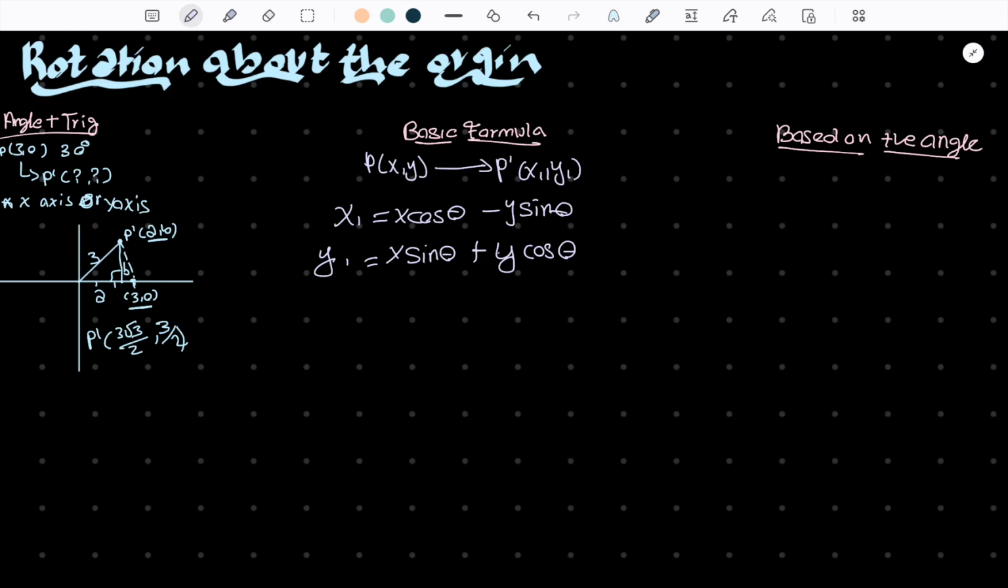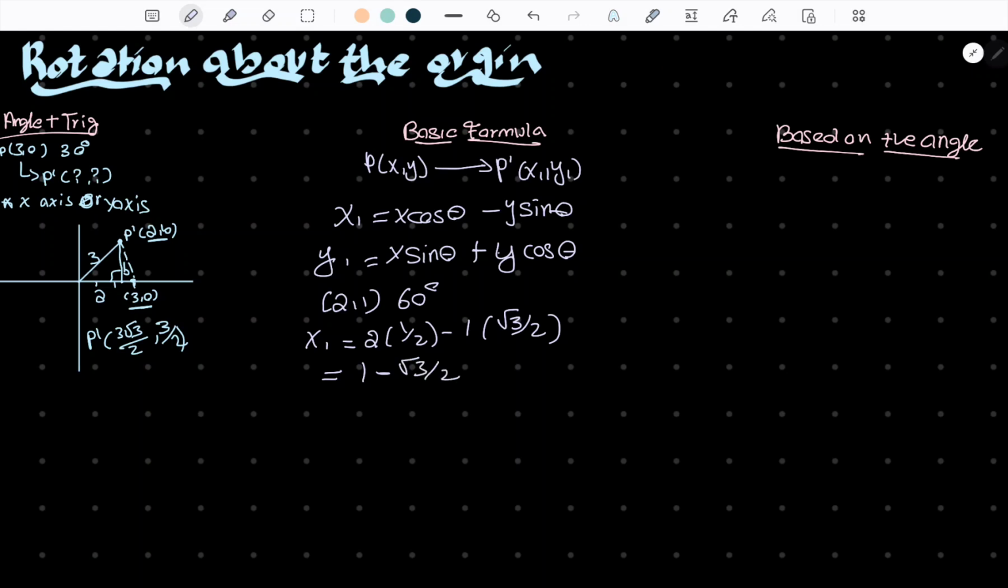So let's use a new example, 2 comma 1, and then our angle is going to be 60 degrees. So first let's find x prime. x prime will be 2 times cos 60, which is 1 over 2, minus y, which is 1, times sine theta. Sine of 60 is root 3 over 2, which will be equal to 1 minus